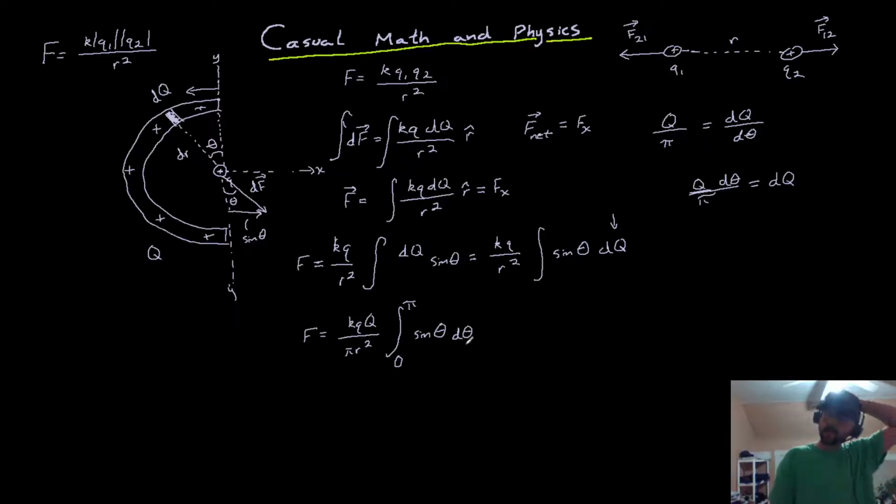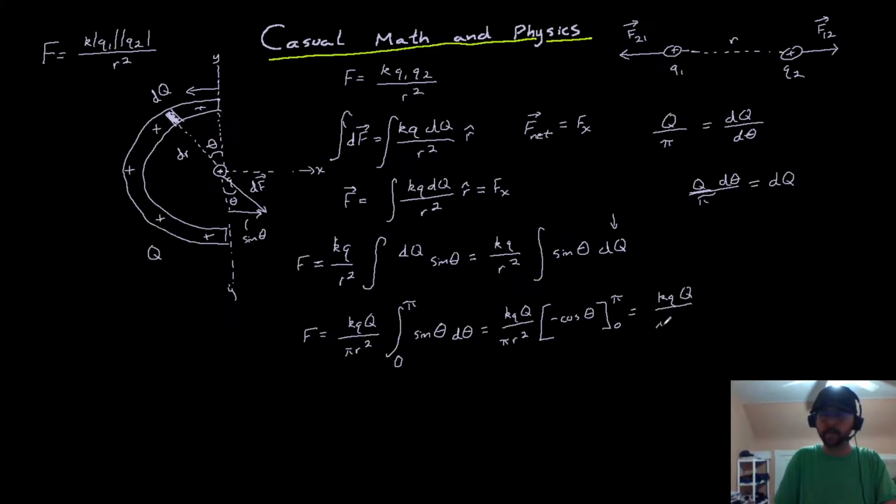And now we're getting really close to done. So this is equal to k q q over pi r squared times negative cosine of theta from 0 to pi, and then this is equal to k q q over pi r squared times